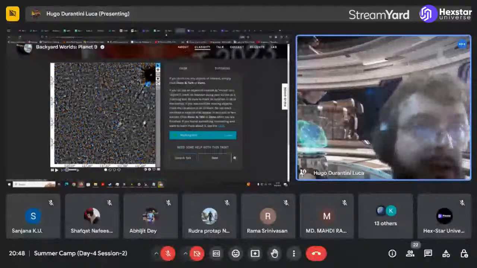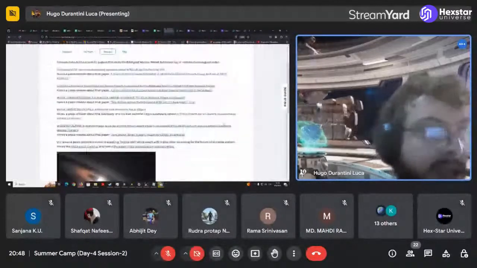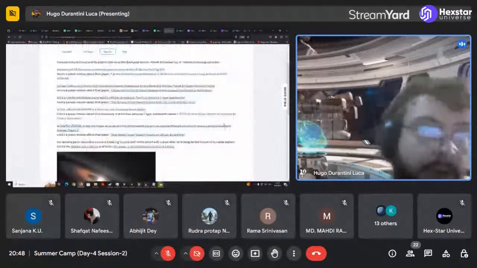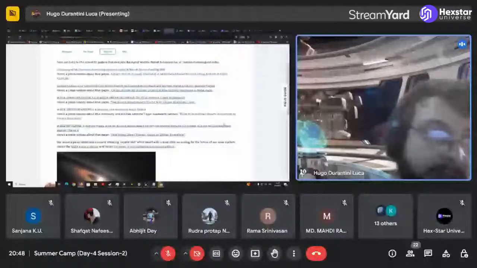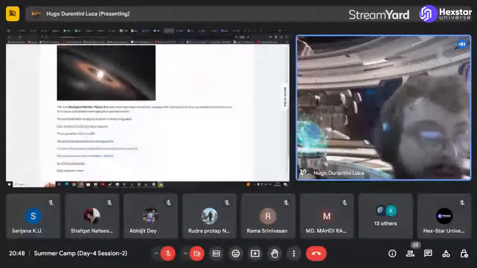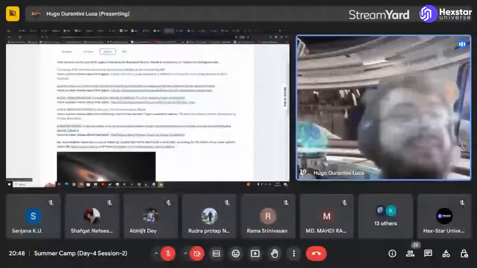Sitesee projects is very new, of course. And in the case of Backyard Worlds, you can see that they already published a lot of results, sometimes about one or two particular objects, sometimes about 42, for example, or 34, for example, in this case. So there is a lot to do with this data.